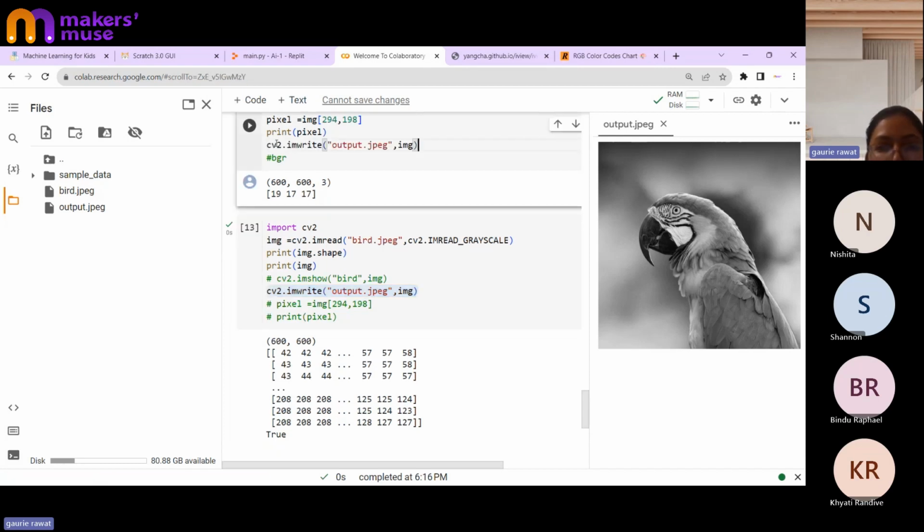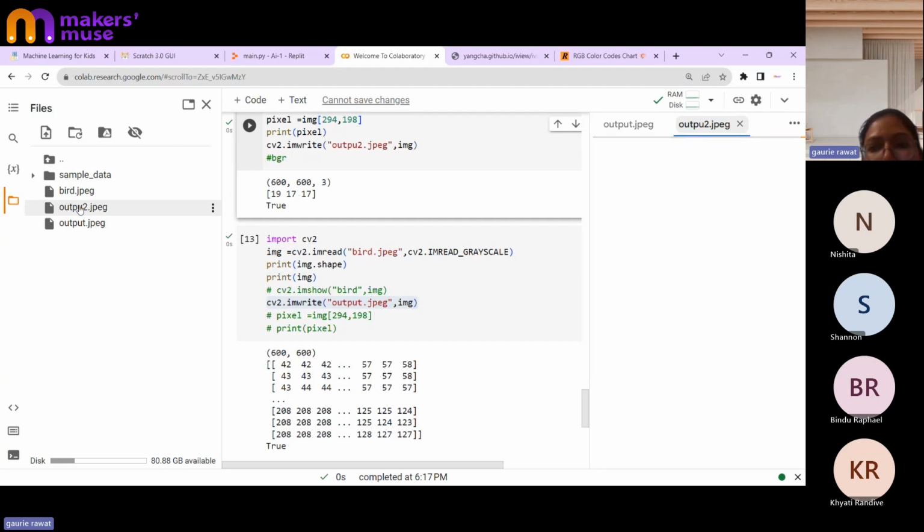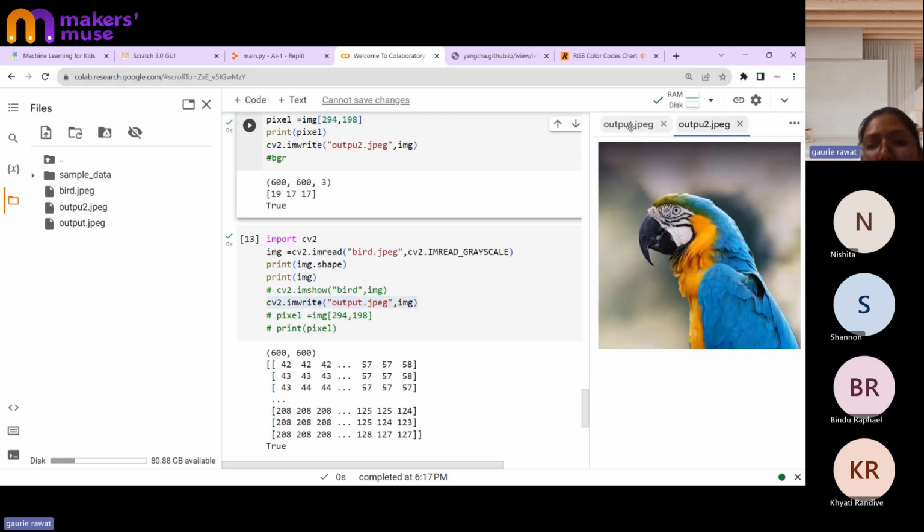And if I put the same command over here, I'll put output2 in order to showcase you the difference. You'll see that it's a colorful image. I'll refresh the screen. See, this one is the color image and this one is a normal black and white image. Okay, any doubt till here?